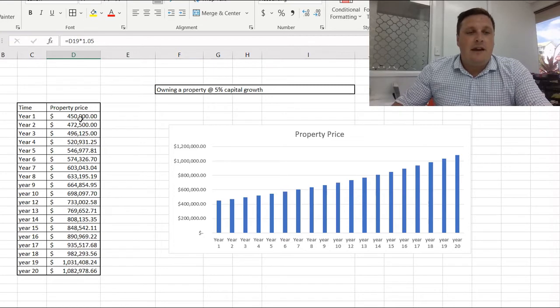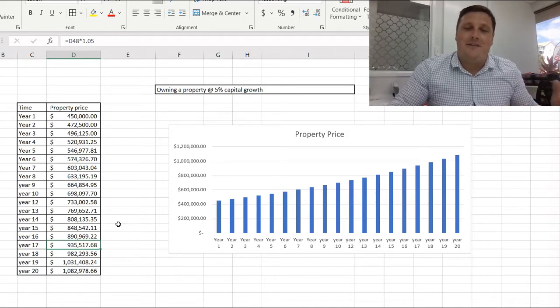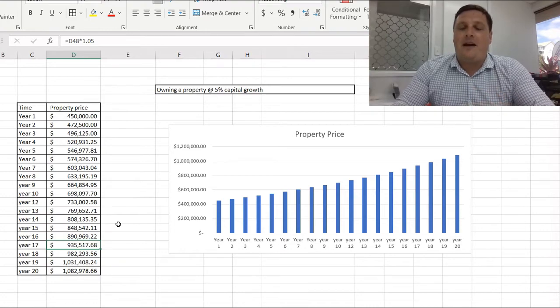Like I say, with this graph here, 450 being the original purchase price, within basically 16 to 17 years at a 5% growth, you've doubled the purchase price. And that really is showing and illustrating how well compounding growth can assist you in life if you've got it working in your favor. If, on the other hand, you're renting, you can see how that compound growth can become